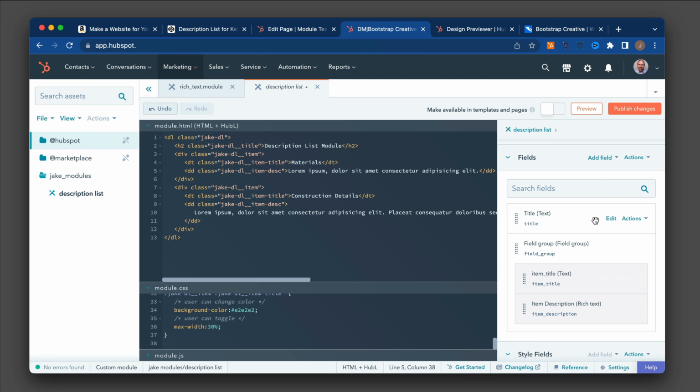So in order to get this value that the user could input into this HTML code, what you do is do actions and then copy value only. And you would replace this title with this here. So we have module title. And then for this field group, before we add these values in here, I want the user to be able to add new groups if they have multiple details. So in order to do that, you click on the group and edit.